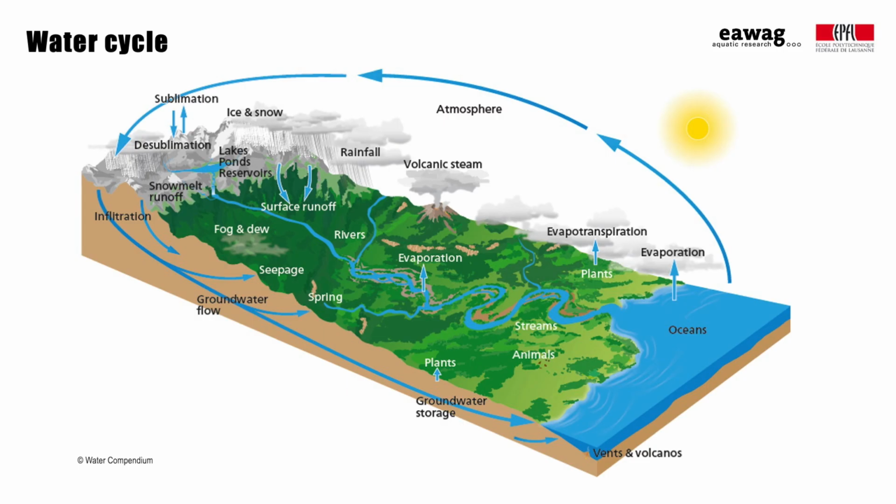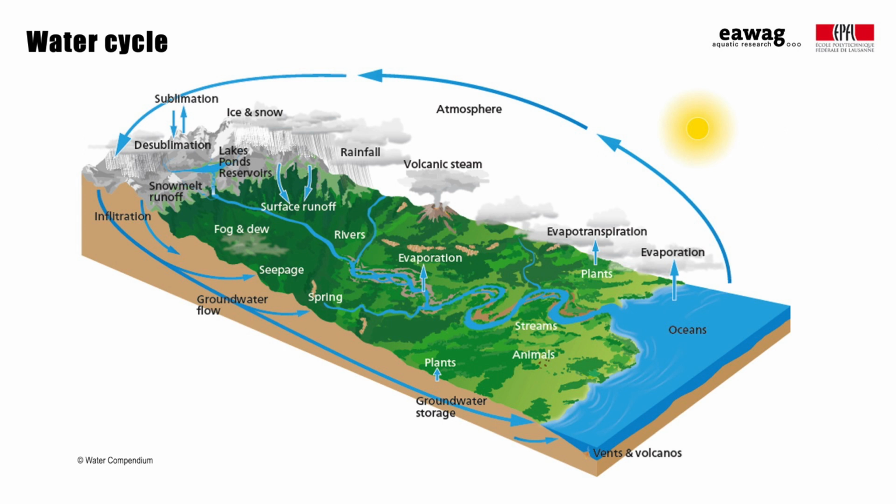Earth's water is always in movement, and water resources are constantly interacting with other aspects of the environment. This illustration of the water cycle shows how water evaporates from oceans, surface water, soil, and vegetation. Water vapor then condenses in the atmosphere to form clouds and precipitates back to Earth in the form of rain, ice, or snow.